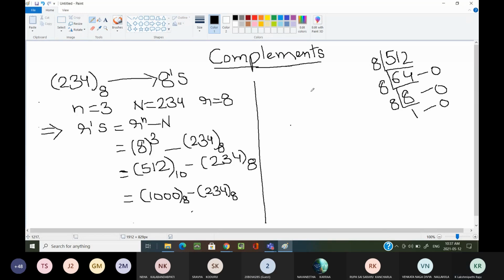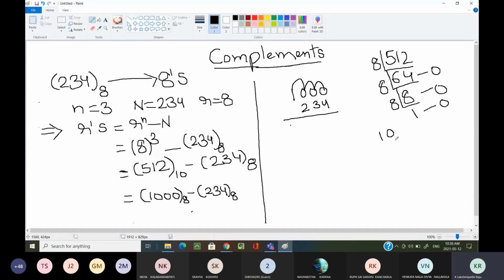Now see here the subtraction part, very important in complement. 1,000,000 minus 234. Now here 0 minus 4, is the subtraction possible? No, sir, not possible. Then here I am taking borrow. Now what will the last number become? 10. Okay, very good.